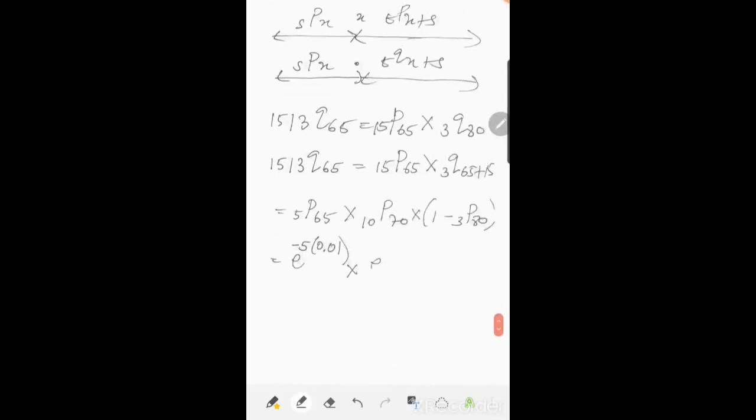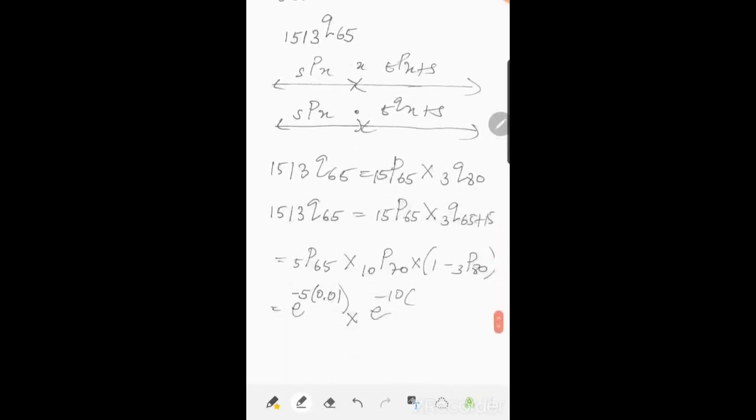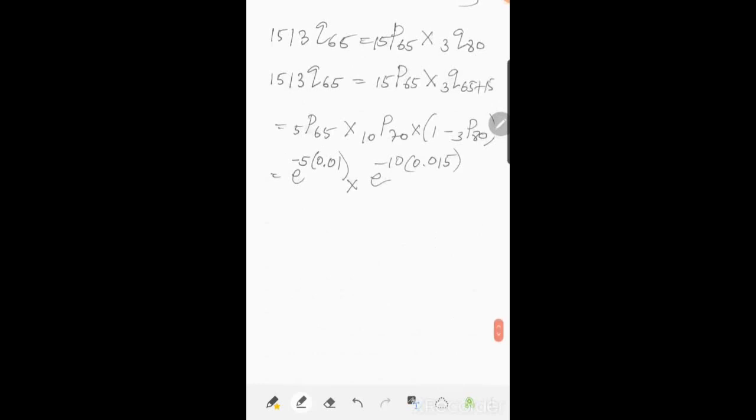So we have e to the power negative 10 times the force of mortality, 0.015. Then times 1 minus e to the power negative 3 times